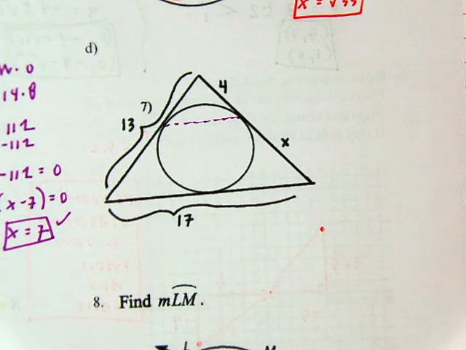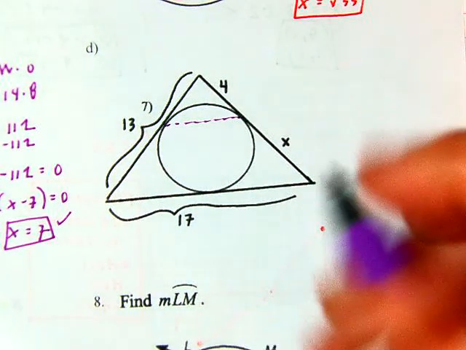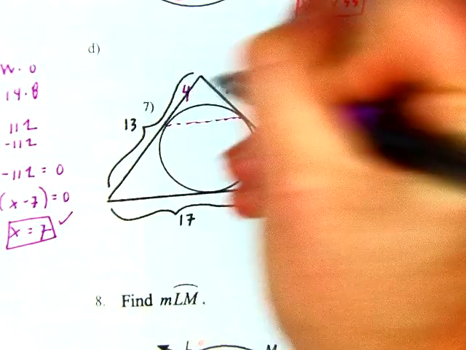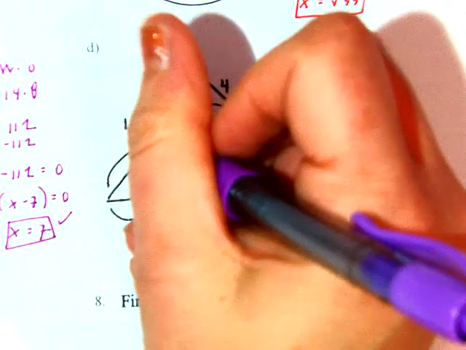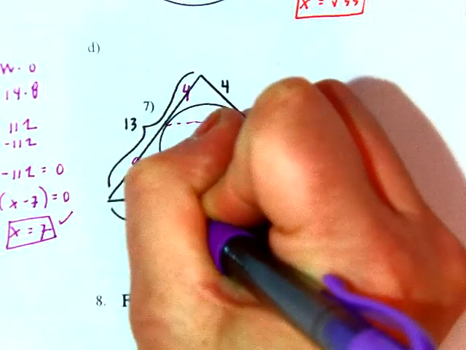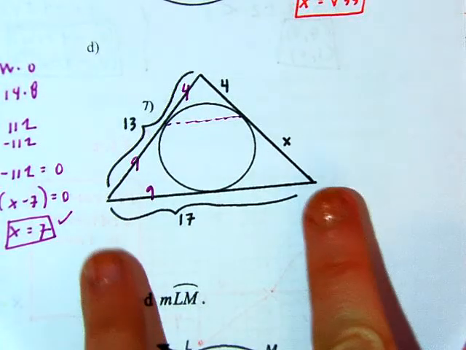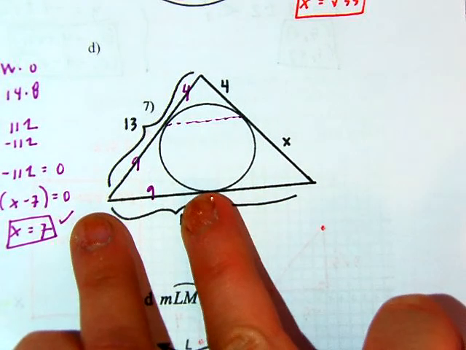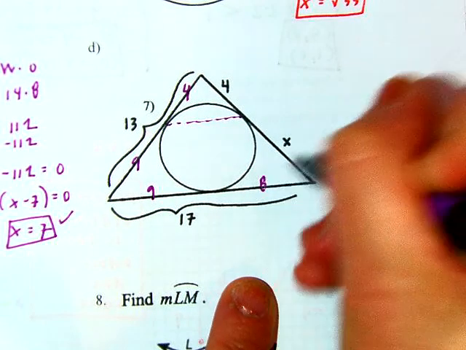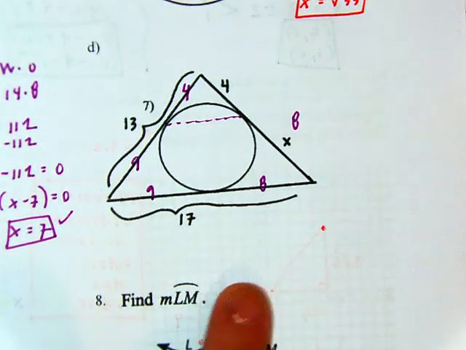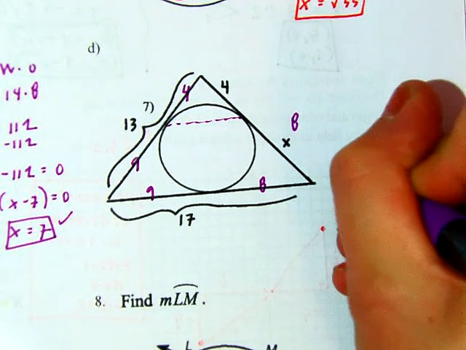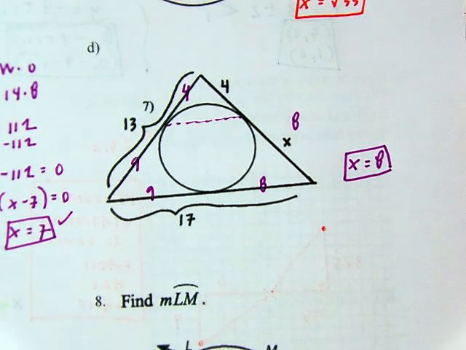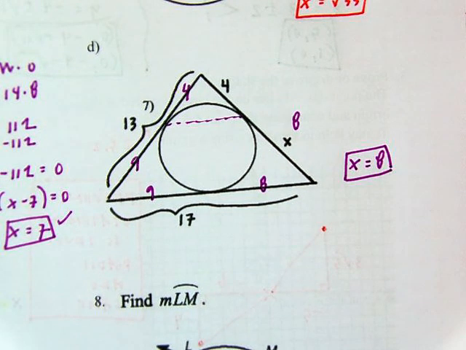Their measures are equal. So if I build off that, 4 right here has to be 4 also. And if this whole span is 13, well, 13 take away 4 is 9, which means this has to be 9. And if this whole span is 17, this is 9, well, this has to be 8, and boom, I can get to x. X would have to be 8 also. So when I have tangents to a circle, those tangents end up being congruent because they end up forming isosceles